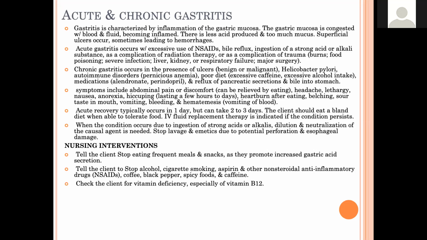Okay, liver disease, kidney disease, respiratory failure, major surgery can all be contributing factors here. Chronic gastritis can occur in the presence of ulcers. Helicobacter we've discussed, right? Helicobacter can colonize the stomach lining and cause inflammation that leads to erosion, that leads to